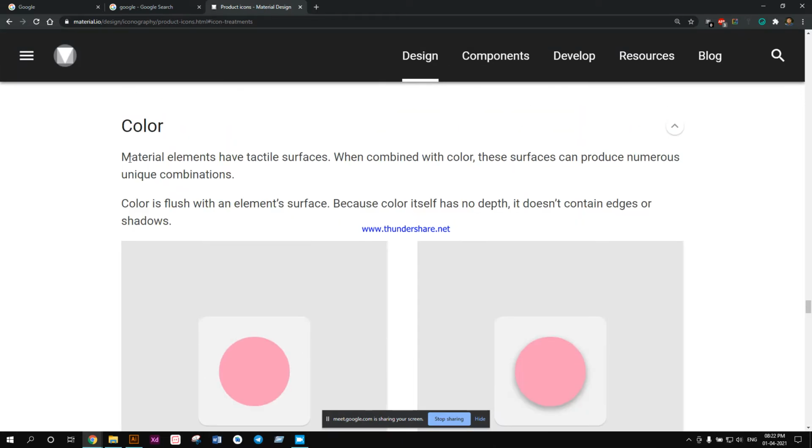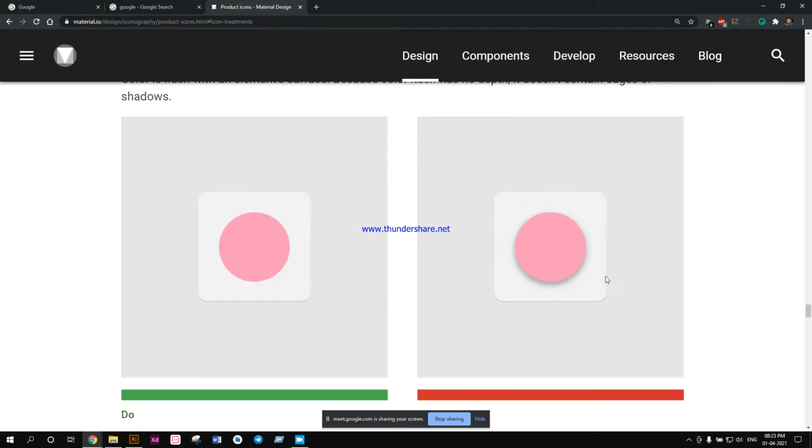Now you see over here, material elements have a tactile surface when combined with color. This surface can produce numerous unique combinations. Color is flush with an element surface because color itself has no depth. It doesn't contain edges or shadows. So basically, what they are saying is that when you are making a color like that, you should not add drop shadows like this.